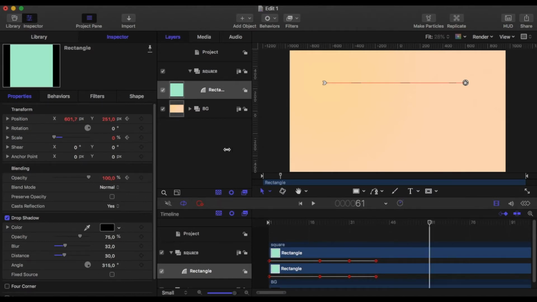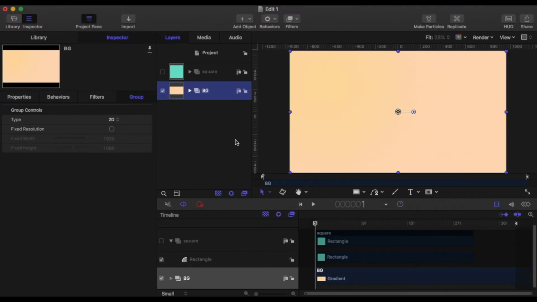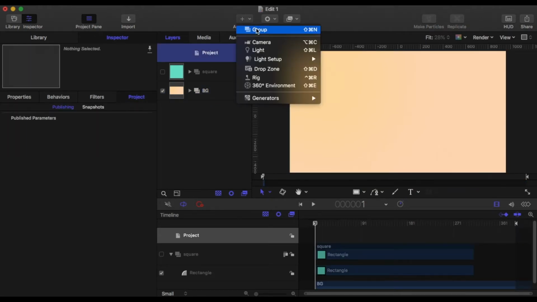So I'll then move forward 20 frames, and I will then drag back on the X-axis to its original position and then drop it down on the Y. I will increase the scale back to where it was before. And now what you've done is create very simply, out of very simple keyframes, a very nice little animation. Okay, let's close up that group because I just had an idea, and we'll create another group,